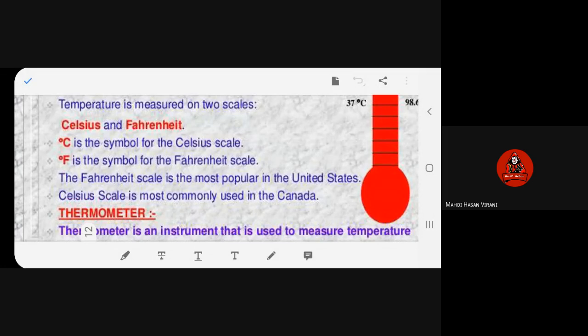I have given chapter number 1 and 2. You have to learn only chapters 1 and 2. Remember that, not the third chapter in the exam. Yes, beta, the FA1 exam: lesson 1 or 2, only 2 chapters. That's why I have revised and given it. I've notified all of you.